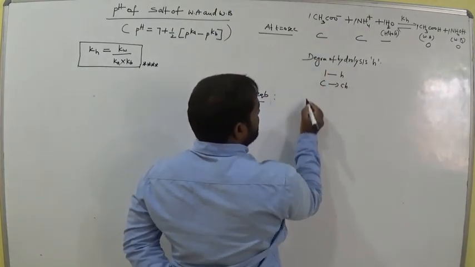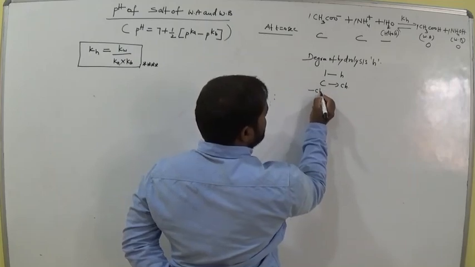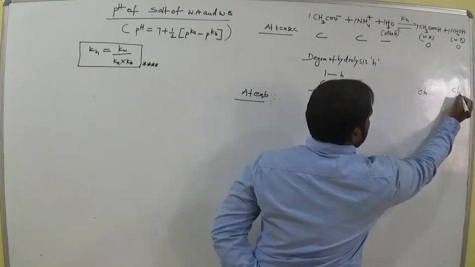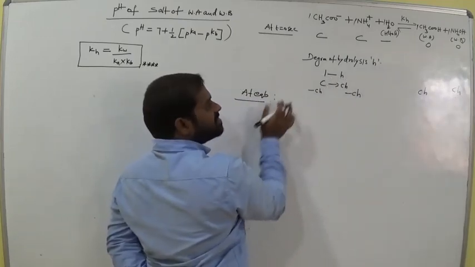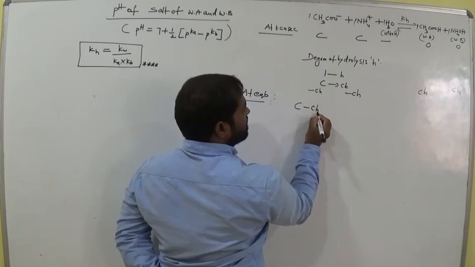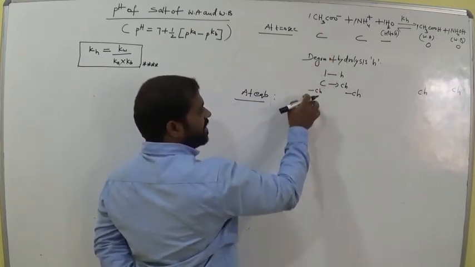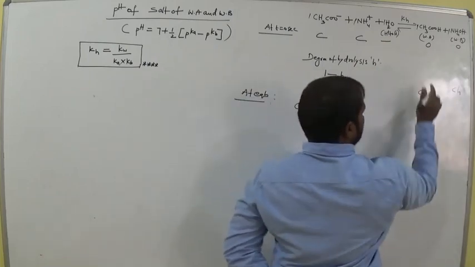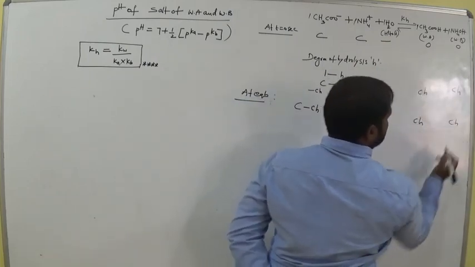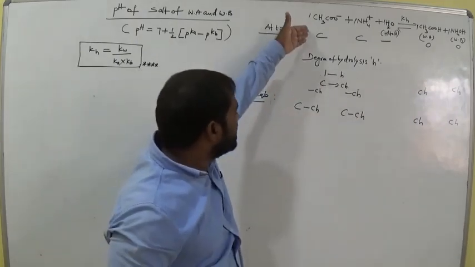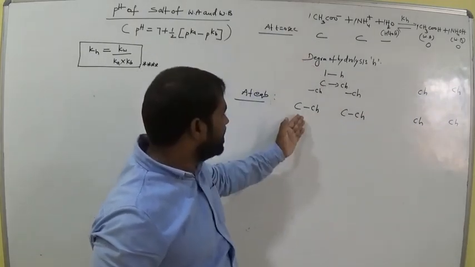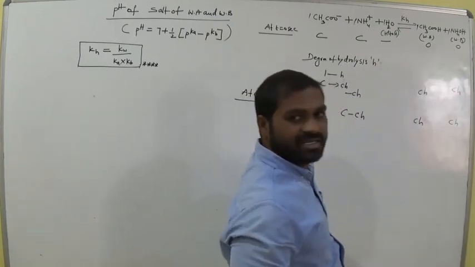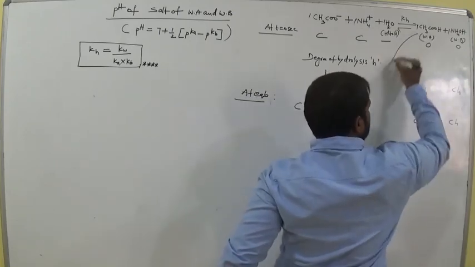the remaining, how many moles decrease? Minus ch. Here also minus ch. Here how many moles increase? ch. Now the remaining moles at equilibrium: total moles, that is c minus ch. Here it is also c minus ch. 0 plus ch, how much? ch. Now add these two values, c minus ch, add. That means c minus ch. Add these two, and these two, ch we get. Now the equilibrium concentration of acetic acid is this one.